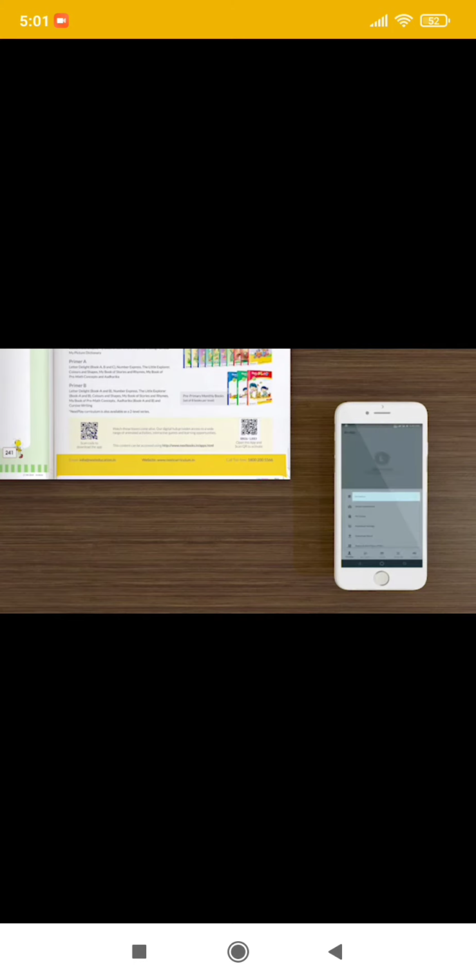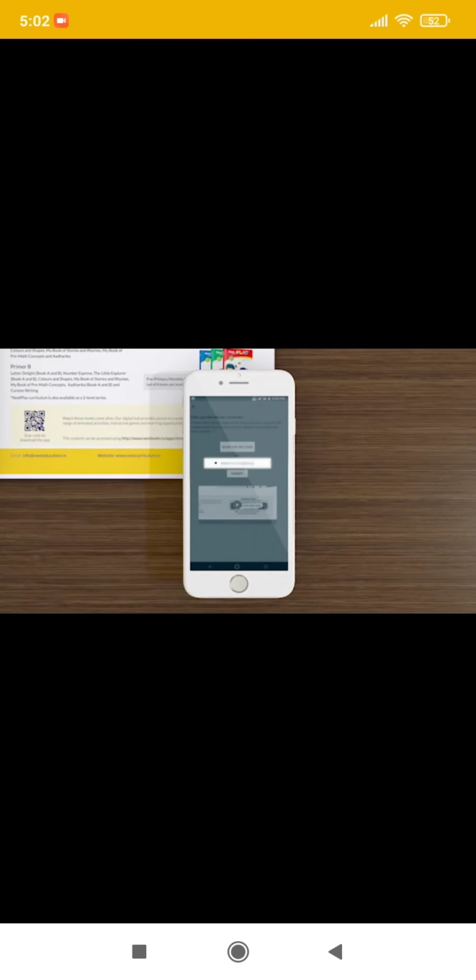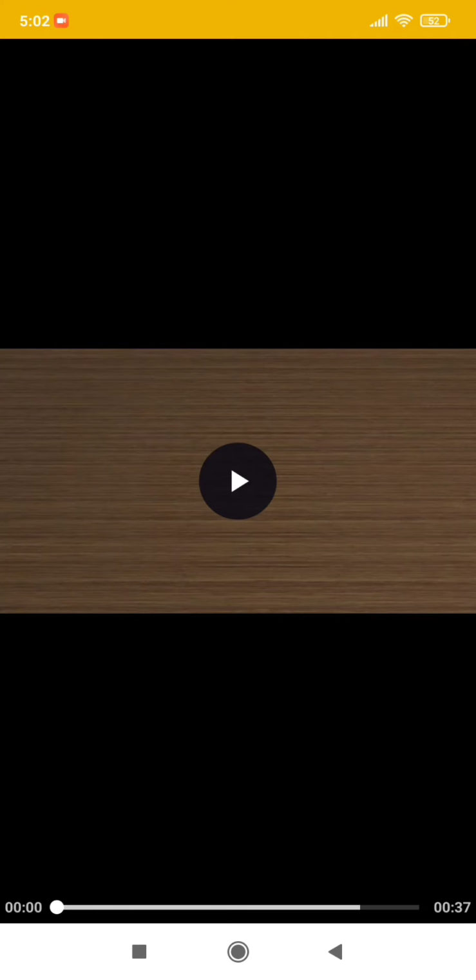The same dialog box is open in this mobile. Now manually they are entering the product key. They will scan the code. Now see, they are scanning the QR code. Now it is loading and done. You have got your textbook in your mobile.